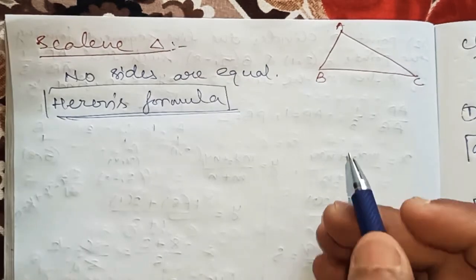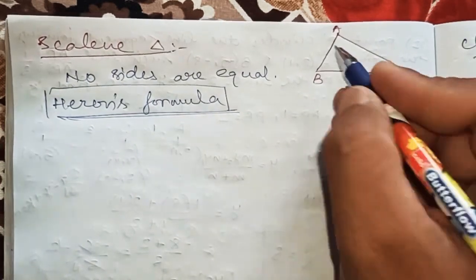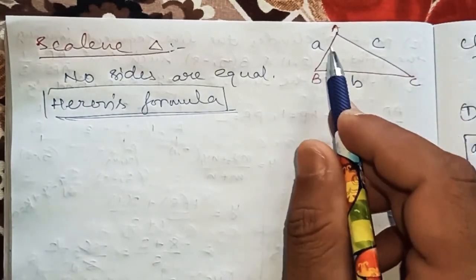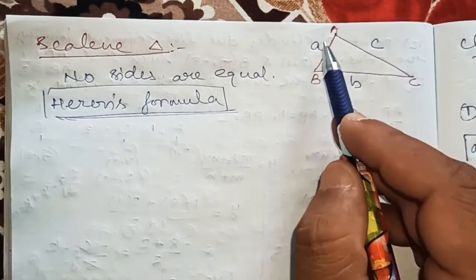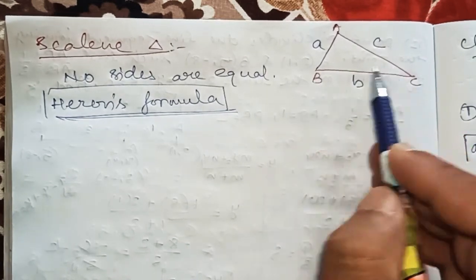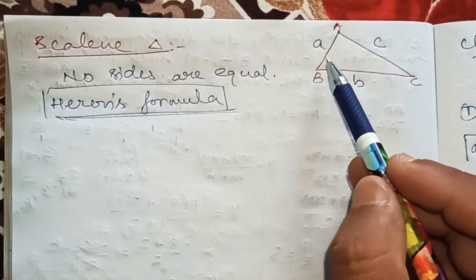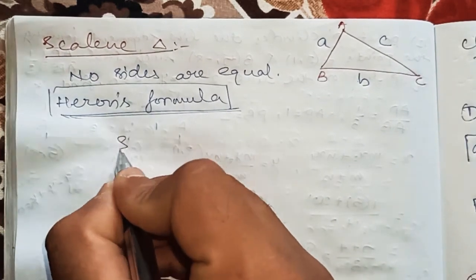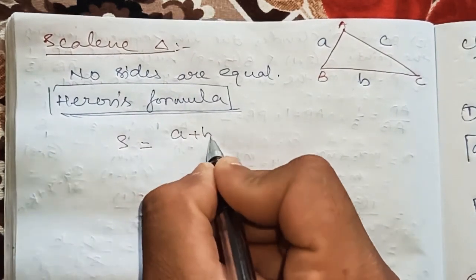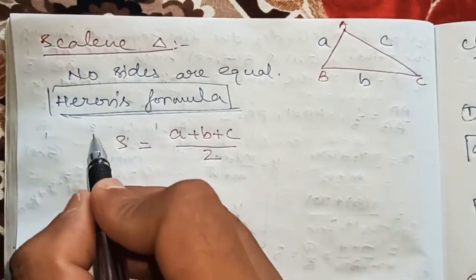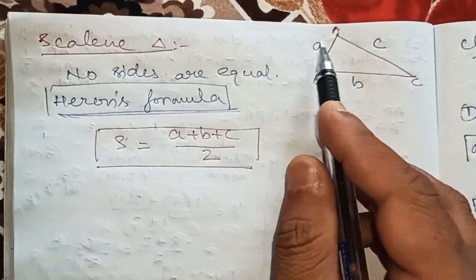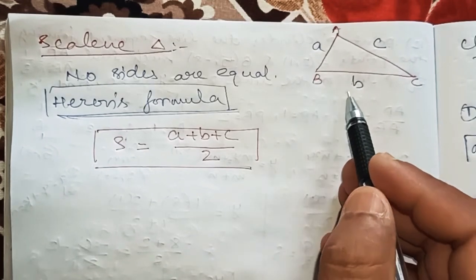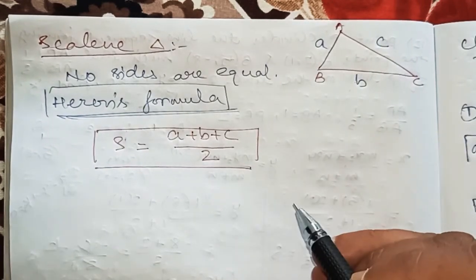Okay, so remember, if all the three sides are different, you take them as a, b, c. Mark the sides as a, b, c, small letters. Either you write a, b, c from here, or you write a, b, c from here, no problem. But all the different sides should be marked with a, b, c. Now the Heron's formula, first of all you have to find out S. S is a plus b plus c by 2. What is the formula of S? S is a plus b plus c by 2. If it is 5, 6, 7, just add 5 plus 6 plus 7 divided by 2. Like that you will calculate S.